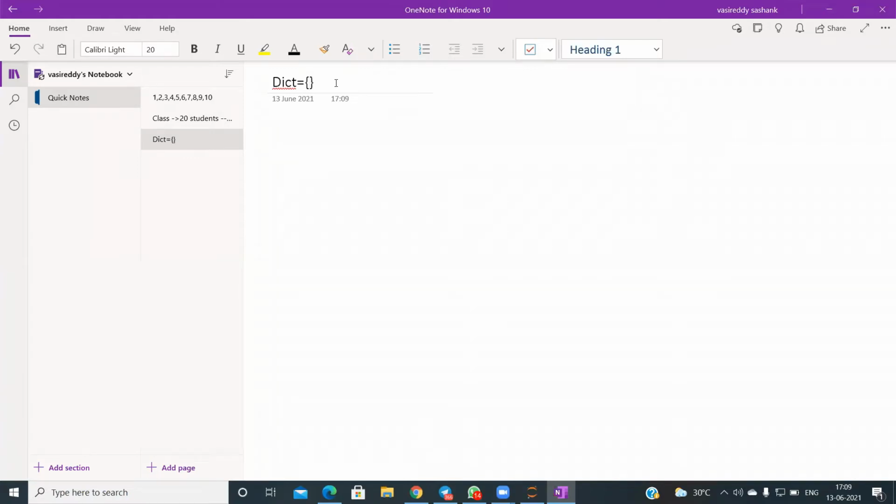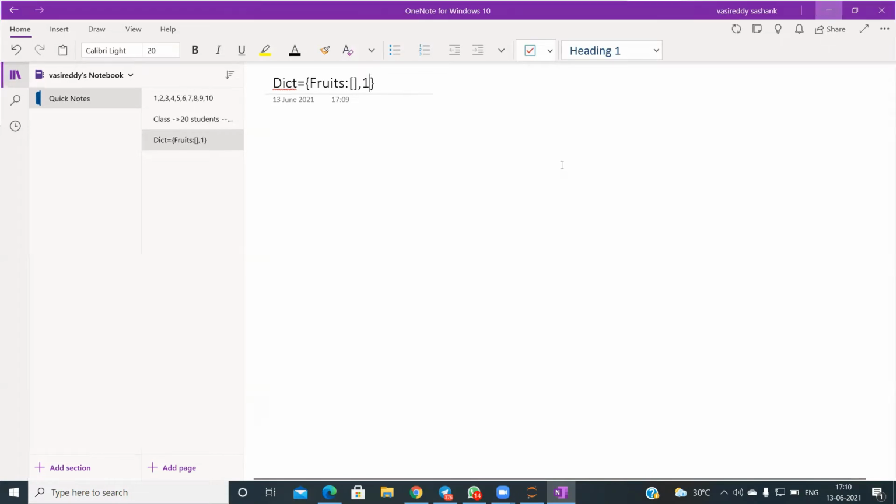I can store all the names of the students initially, and then I can go with the marks. Let's say I can store something like this, and these are integers, and I can store numeric keys as well.